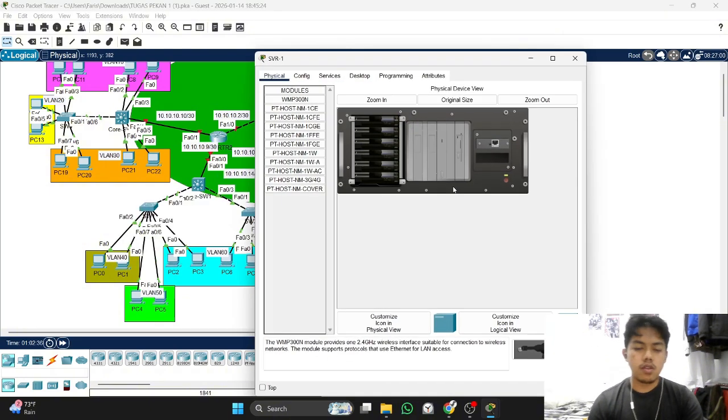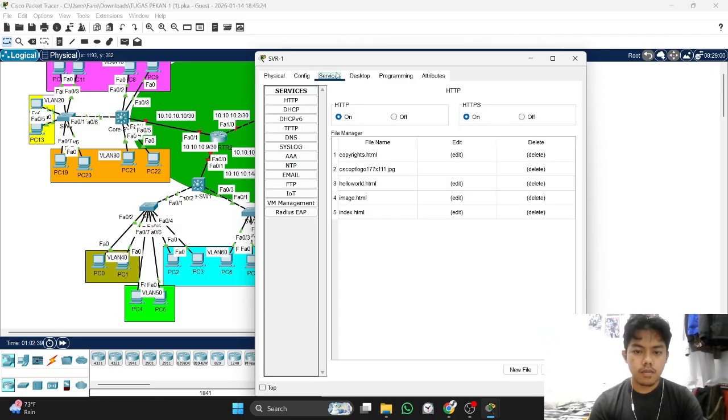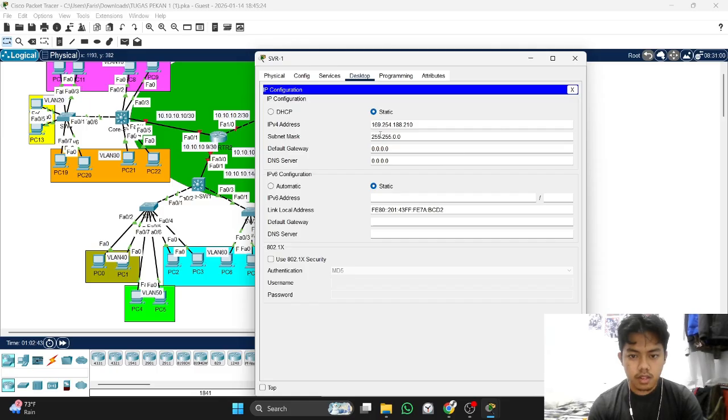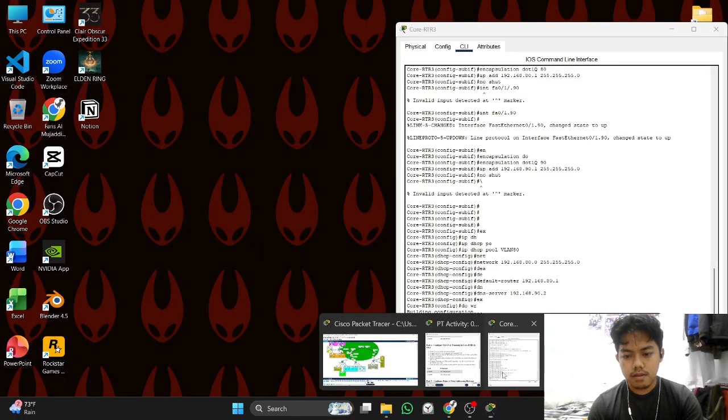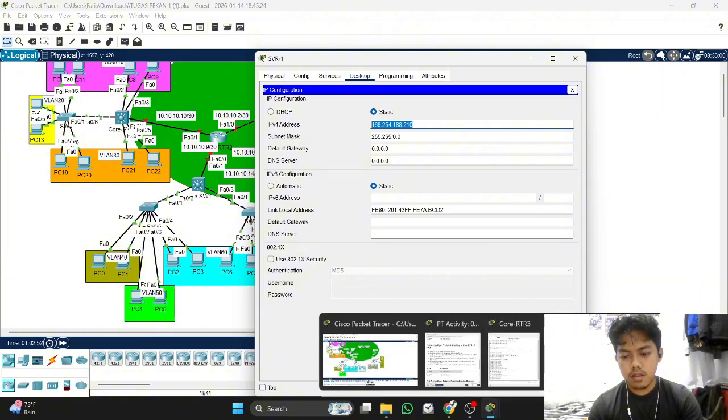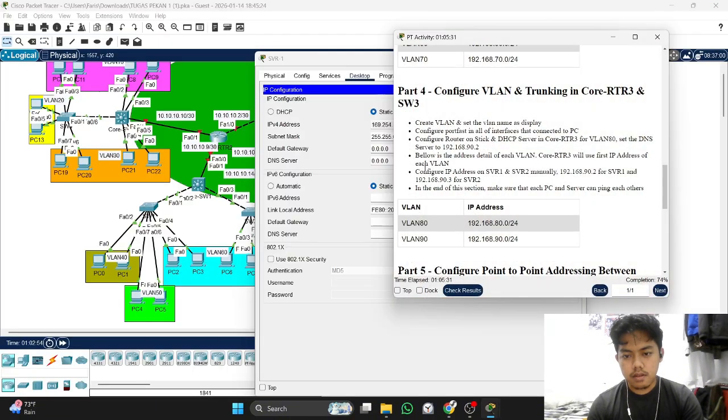Because we configure the IP address on the server manually. Okay, go to desktop, IP configuration. Now we change this like the task. The task asks for server 1 to be 92, for server 2 to be 93.